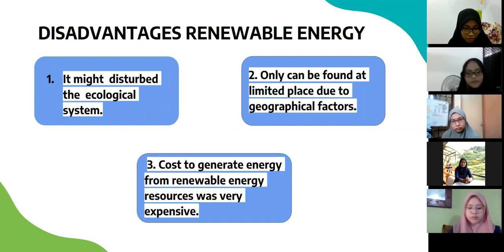Okay, so last but not least, the cost needed to generate energy from renewable energy resources is very expensive. It is because it needs special equipment to develop the machines that can be used to generate power. Based on the information I got, for example, the cost needed to develop the second hydroelectric dam in Tasik Penyet is around 1 billion ringgit, and it can generate power of up to 250 megawatts. Then there is also the cost needed for installation of solar panels, which is around 10,000 to 12,000 ringgit per kilowatt. That's all for my part. I will pass to Amani.